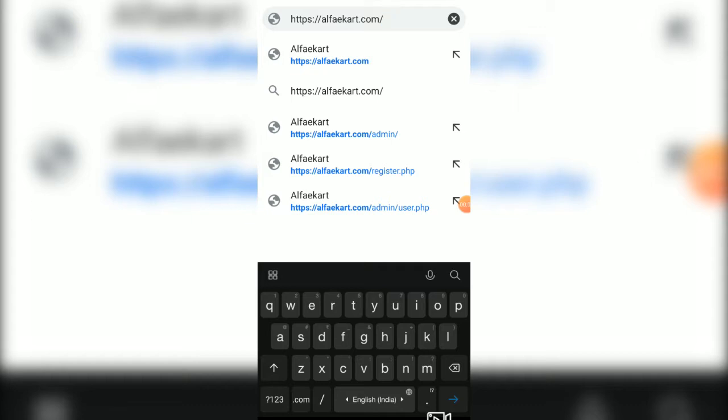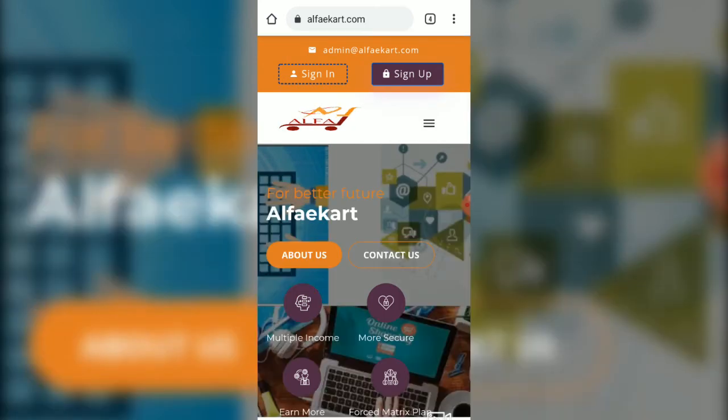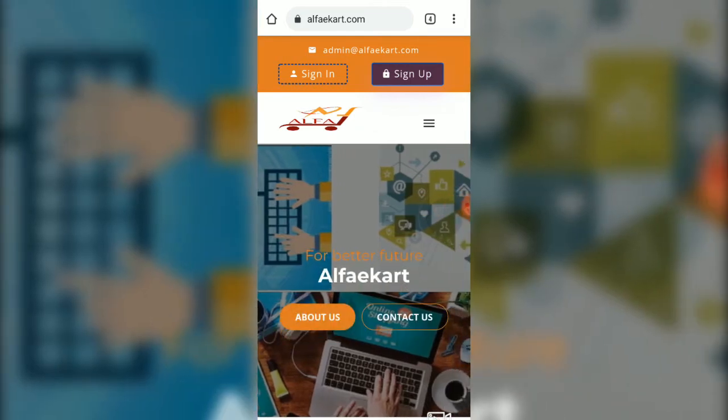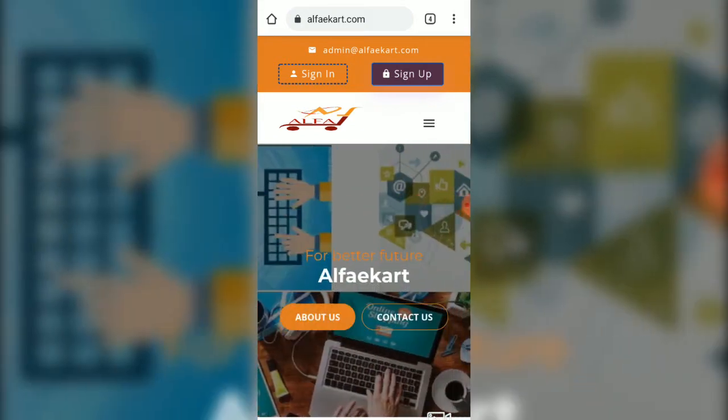First of all, we need to enter the link shown upside. That link will take us directly to a website page, which is our home page. In this page we can see sign in and sign up options. The sign in option is for the old user, sign up is for new ones. The people who are starting newly must use sign up.